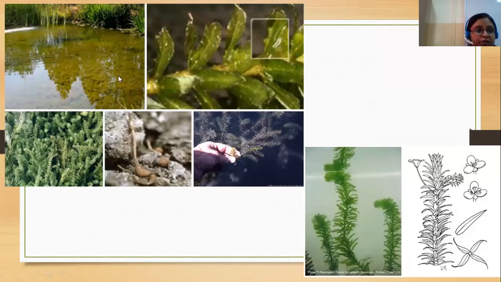Fine. Here you can see this is the freshwater pond. Here you can see all this green thing. It is all the submerged hydrilla. Here you can see this is all the hydrilla. Here you can see how this plant, with the help of its adventitious root, remains attached to the substratum, and how these leaves are very thin, very membranous, arranged in whorls at the nodes.